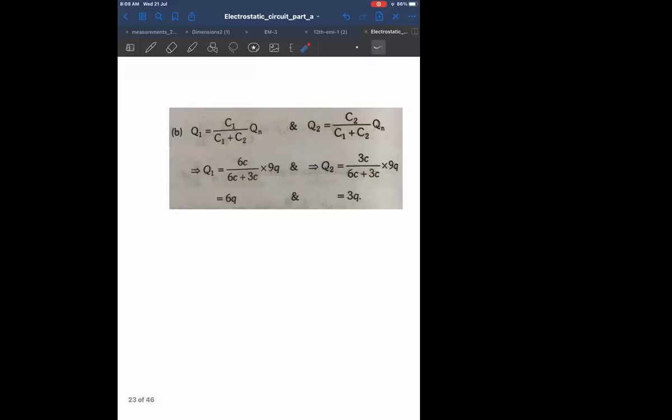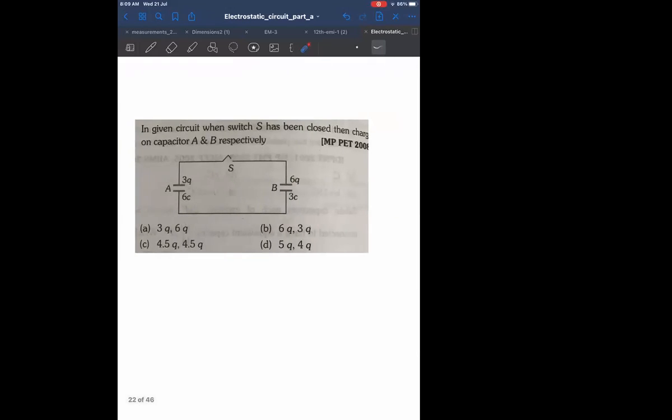But what will the total charge be? Total charge will be in parallel. Okay, this will be in parallel if the switch is closed, correct? So if the switch is closed, they'll be in parallel, and in parallel charge adds up, correct? Therefore, it will become 3Q plus 6Q. Therefore, total charge will be 9Q because both are in parallel. So in both the cases, I'll have to use 9Q. Otherwise, the same formula. So start and tell me.